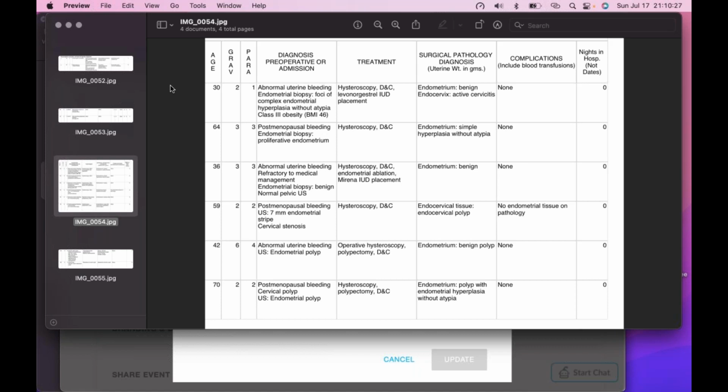Abnormal uterine bleeding: a patient with abnormal uterine bleeding, the question will be, number one, what are the different causes of abnormal uterine bleeding? This is a good time where you can consider using the PALM-COEIN to talk about the different types of structural and non-structural causes. And then the next question is, how did you go about evaluating this patient's abnormal uterine bleeding and determining if the patient required